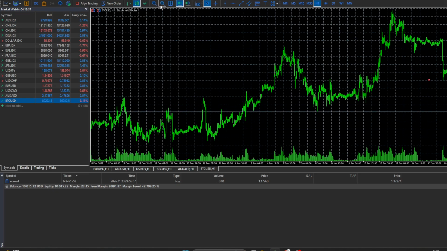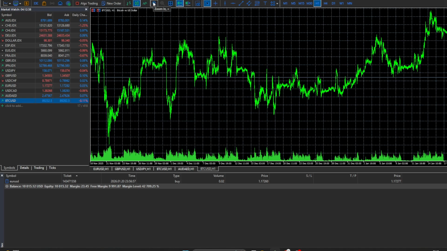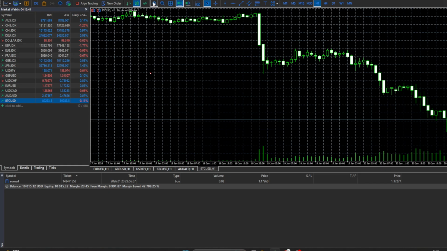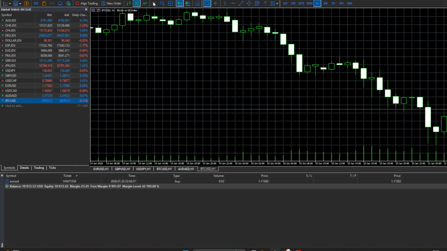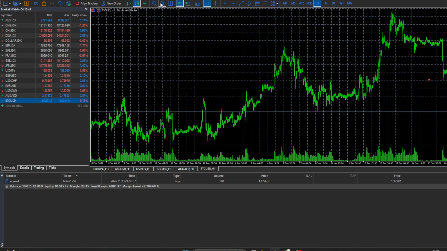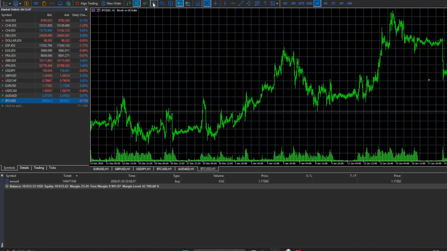You'll see a row of icons in the toolbar just above the chart area. Among these icons, you should see a small plus sign. This plus sign is the zoom in button. It's usually placed next to a minus sign, which is used for zooming out. The plus sign might look small, but it has a big impact on how clearly you can see the market structure on your chart. To zoom in, simply move your mouse cursor over that plus sign and click on it